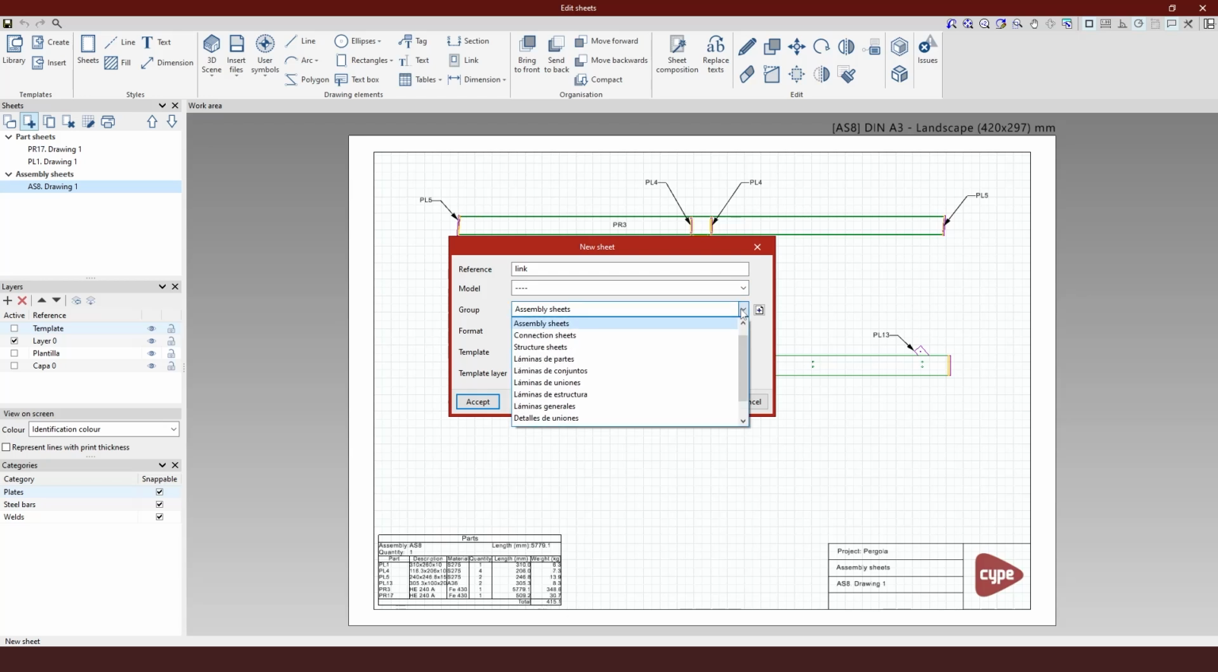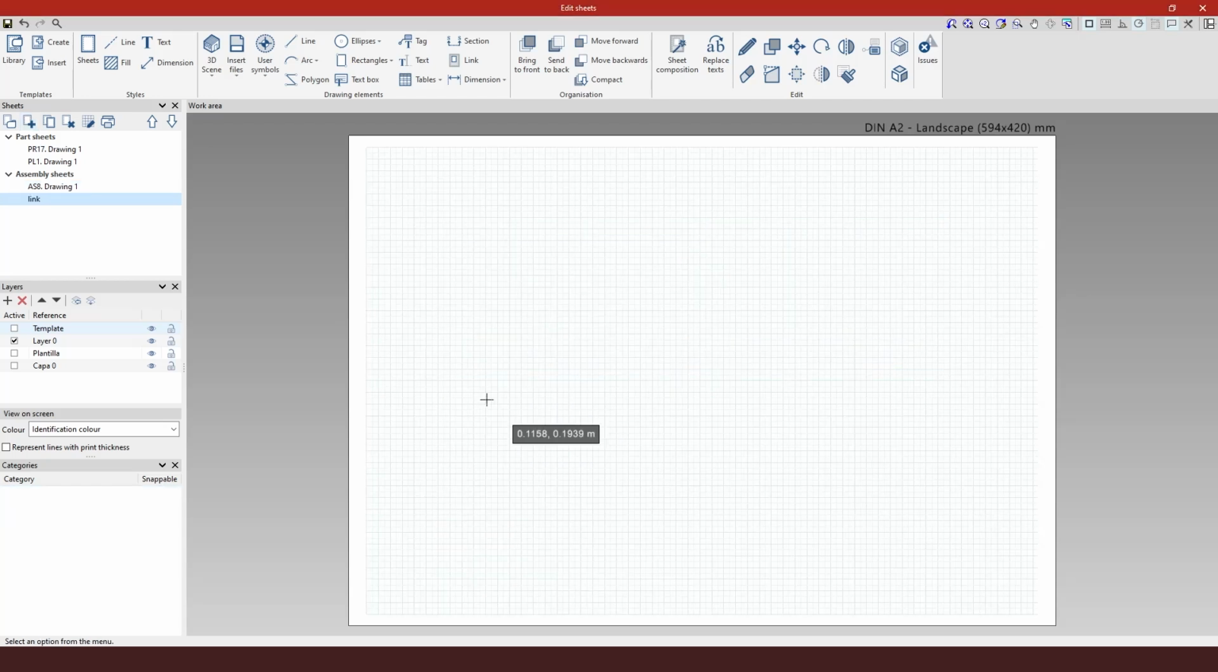Here in groups, we could select other types of groups. In this case, I want it to be in the assembly group because in the end, I'm just going to complete this drawing with the ones that we have already created. And the format is something we have to talk about. At first, I'm going to select at least one format upsize, so the A2 landscape, at least a little bit bigger than the one that we have already. And I'm going to click accept, so we have this blank drawing